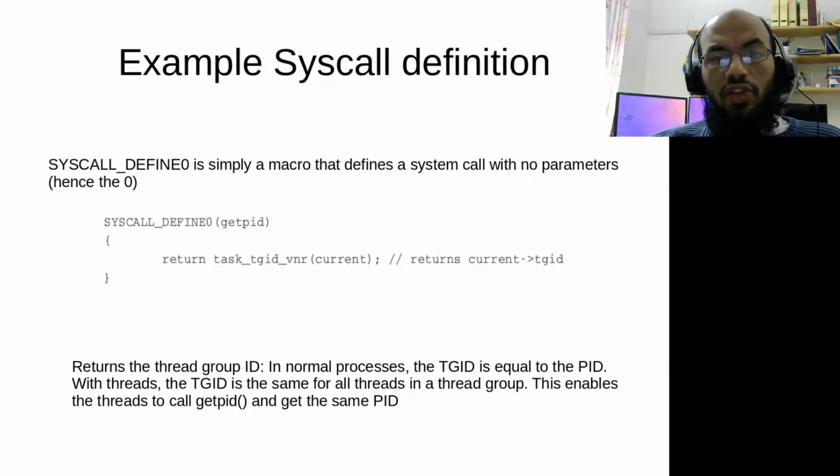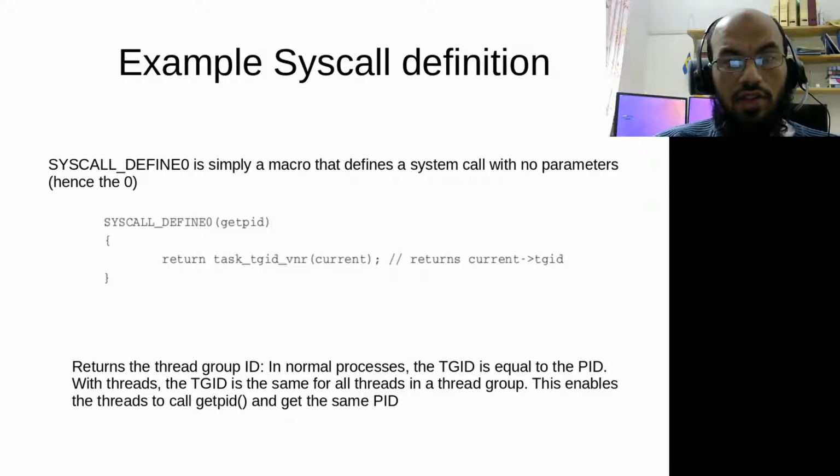Okay, so let's look at an example of a system call definition. SYSCALL_DEFINE0 is a macro. SYSCALL_DEFINE is the macro that defines how system calls are implemented, and the number at the end signifies how many parameters are going to be passed to this system call. Okay, so getpid, for example, is defined here as a system call that gets 0 inputs and returns